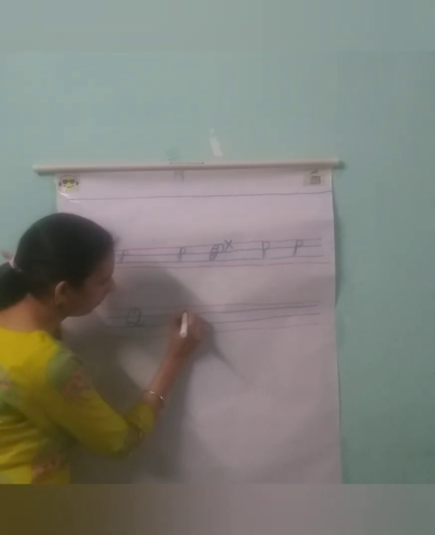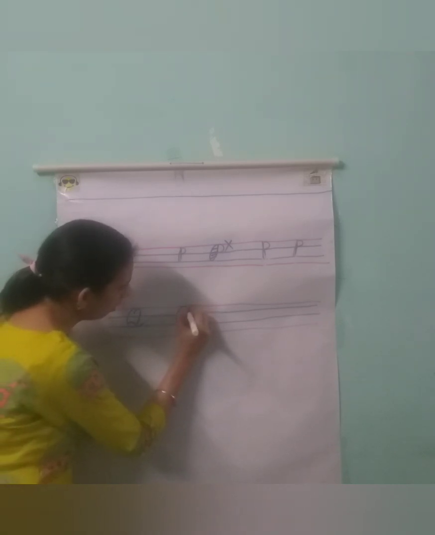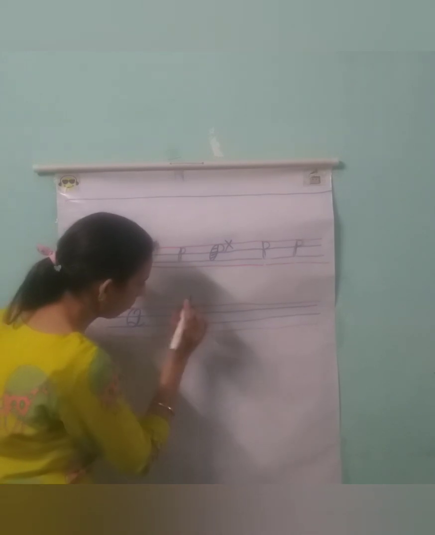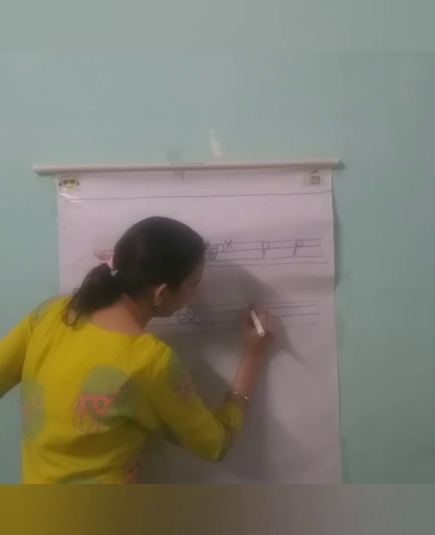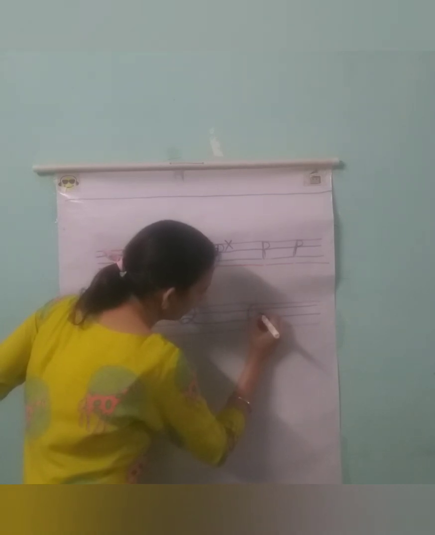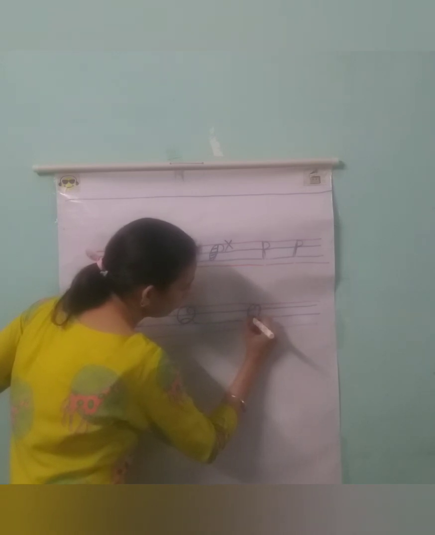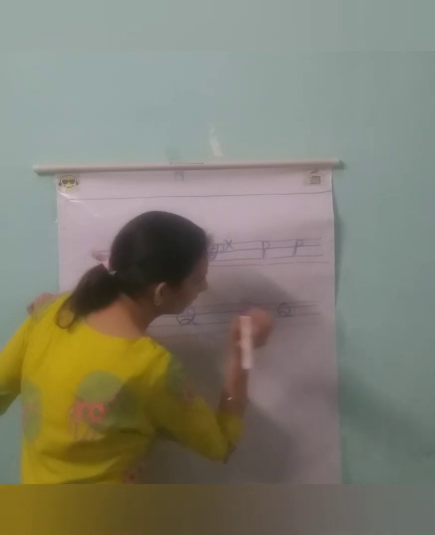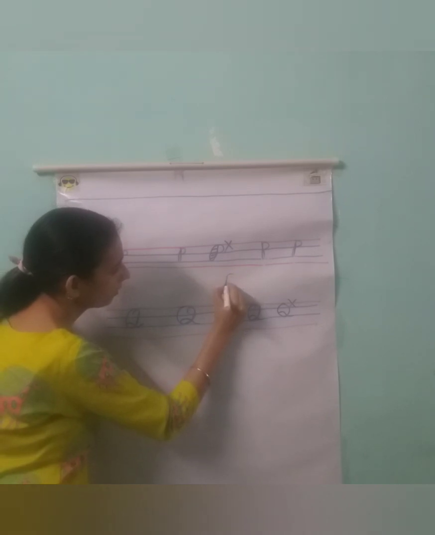Okay, one more time. Make a C and then make a circle. Come down and this is. Okay, this is not so good. It's like this. Okay, one more time. It's not exactly a circle, it's an oval. Okay. So don't make it like this. This is wrong. Okay. We will start like this.